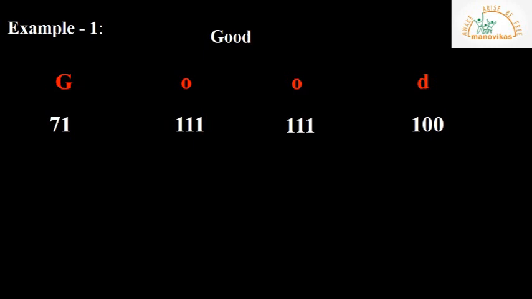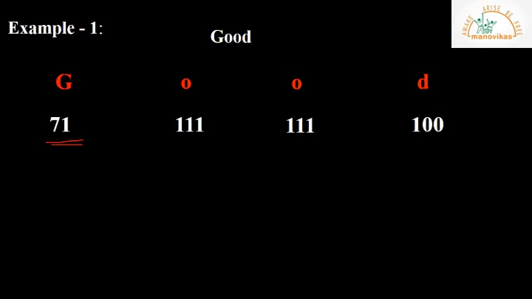Then I told you that you must convert this ASCII value to its respective binary code. That is, this decimal number is to be converted to its respective binary form. Everyone knows how to convert a decimal number system to binary number system. Please follow the same procedure. Those who don't know how to do it, please watch that video and then come back and do it. Otherwise, it is not possible for you to understand.